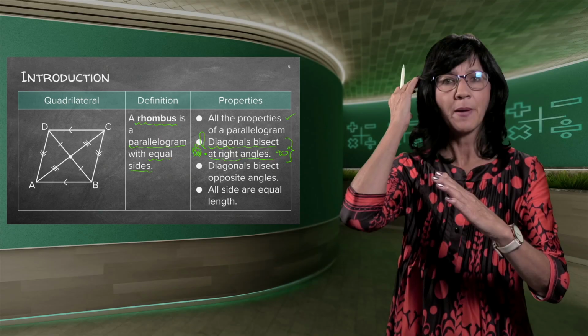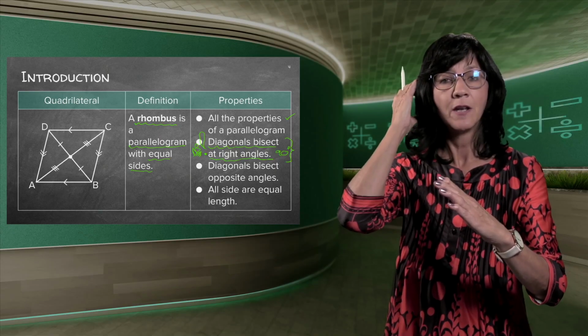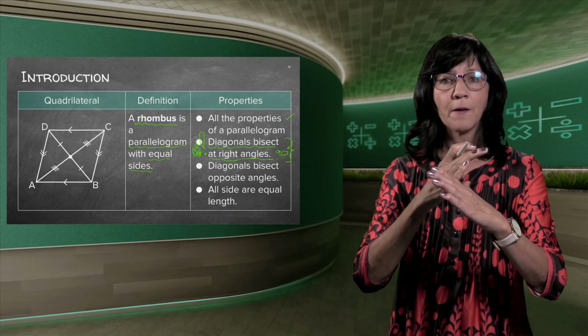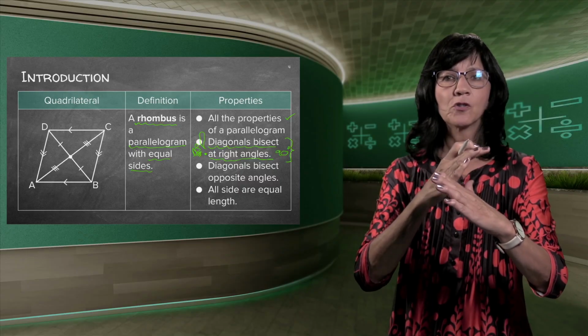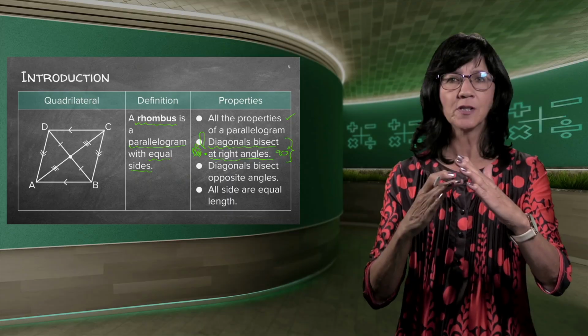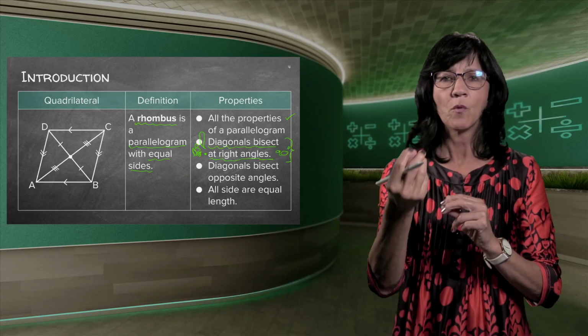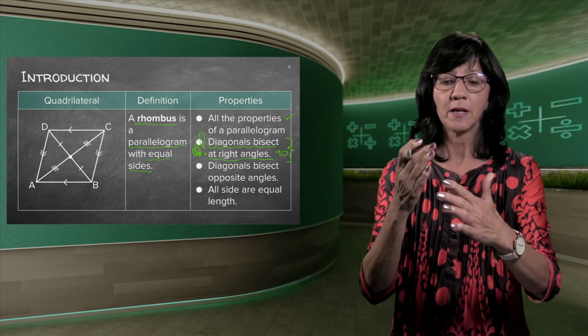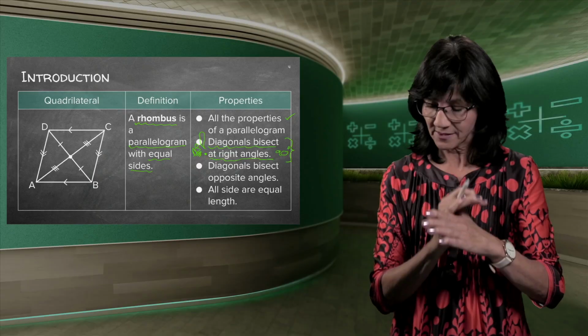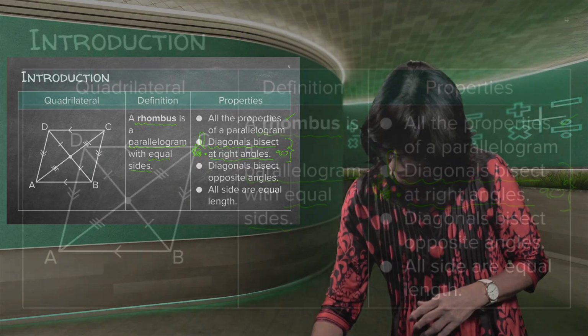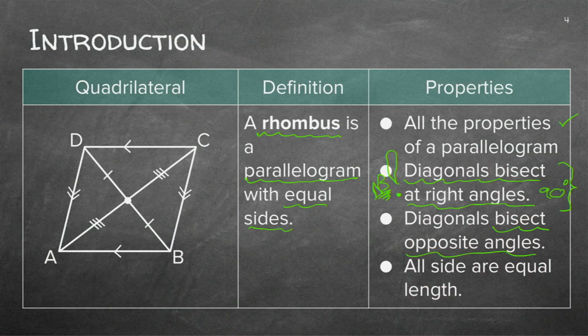So immediately in the back of your head, the previous lessons we had should recall a formula: M1 times M2 is equal to -1. Different directions, so they need to be flipped around, inverses of one another. One needs to be a plus and one needs to be a minus, if they do talk about a rhombus diagonals. And then the diagonals also bisect the opposite angles, and all sides are equal in length.